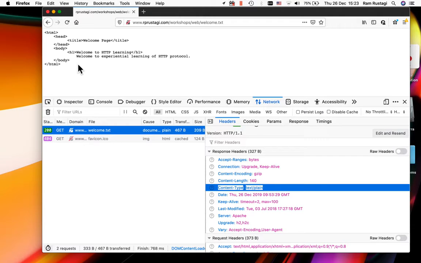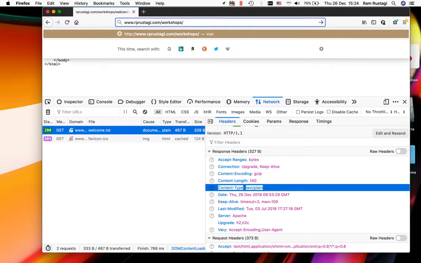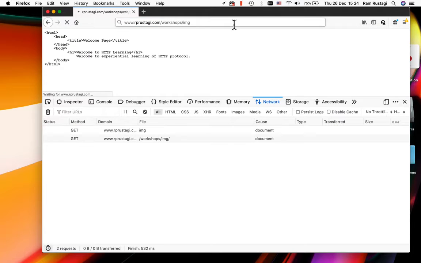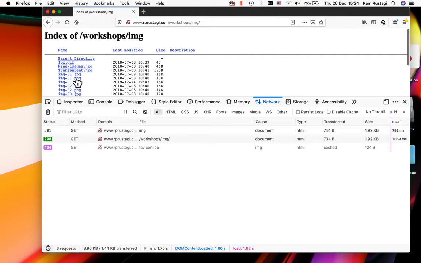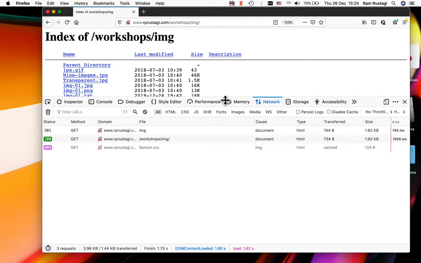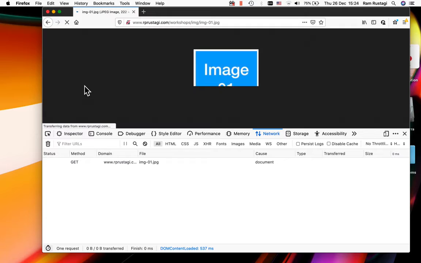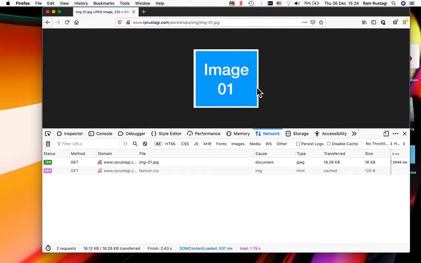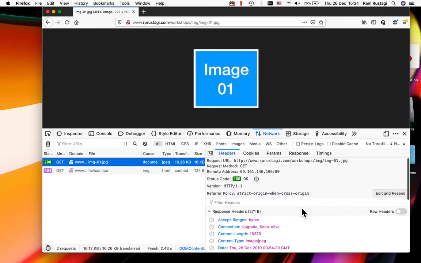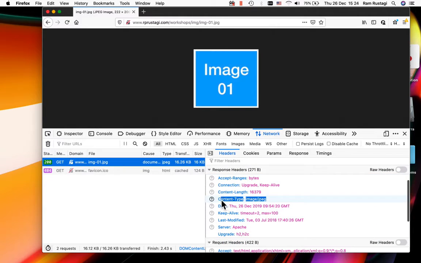Same way, let's look at the images. We'll go back to our IMG folder, which has a list of images. See, a lot of images there. If I click on image01.jpg, you'll see a nice image coming up, formatted, and mainly because if you look at this URL, it says content type is image JPEG. Because content type is image JPEG, the browser interprets it as an image file